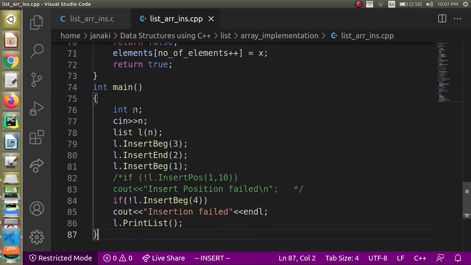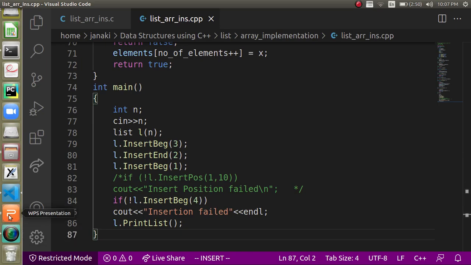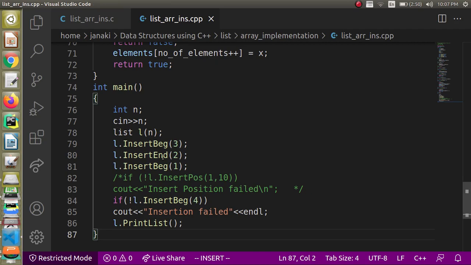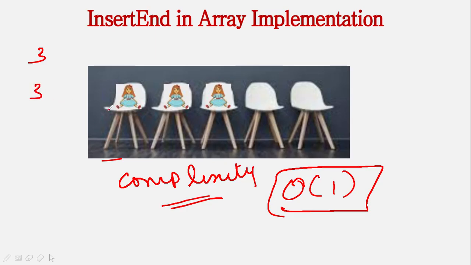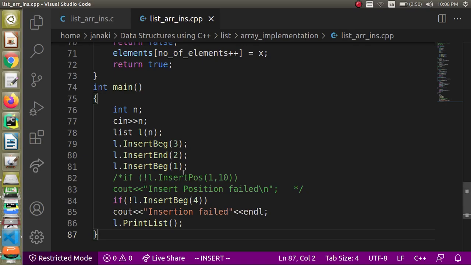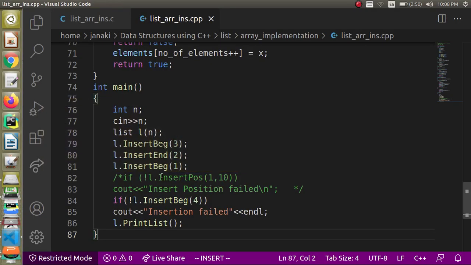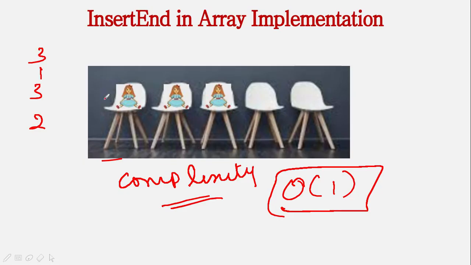In the code, first of all we are reading a value of n. N indicates the capacity. Using the parameterized constructor, you are creating a list of capacity n. First let us give the capacity as 3. Now you are calling insert beginning, which will insert the first element, then insert end, right? 2 will be added to the end, then insert beginning once again. So 1, 3, 2 will be the elements in the list.